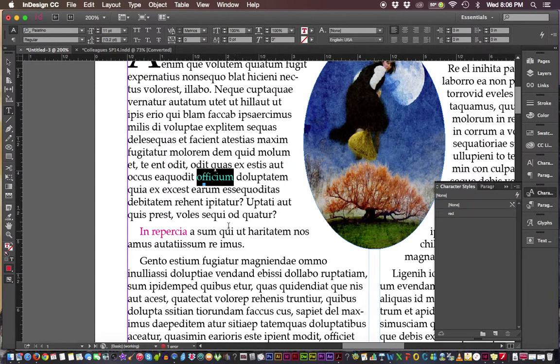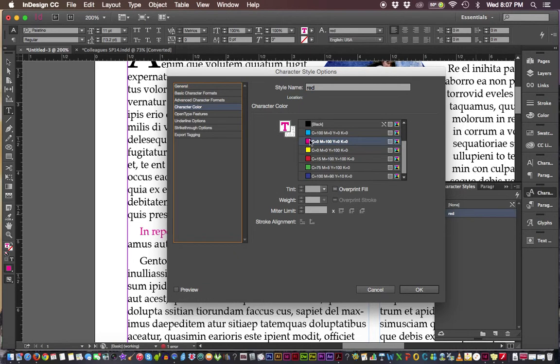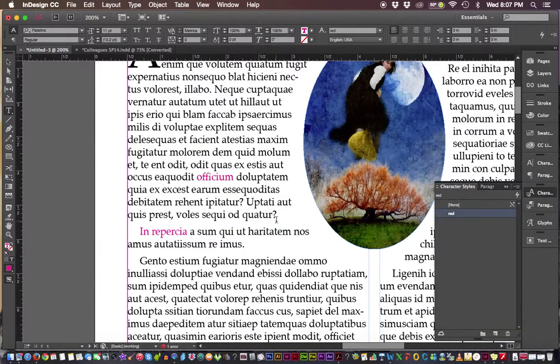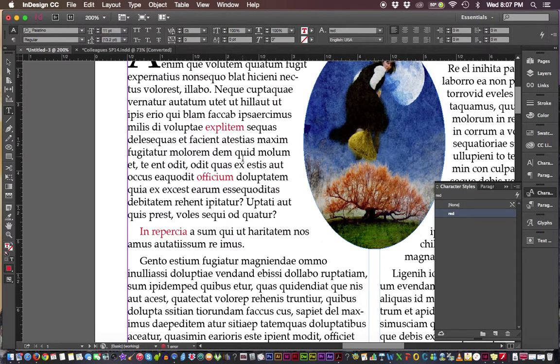There's the red, okay, and anything here. Okay, if I double click on it, did it change it? Character color. Okay. All right, there we go. So if I had any number of these selected. Okay, so if I wanted to change it back, double click on the style. Character color is going to be back to the regular red. All right, all of them have responded by changing to the red. Okay, have fun with your character styles, do some experimentation, and you'll